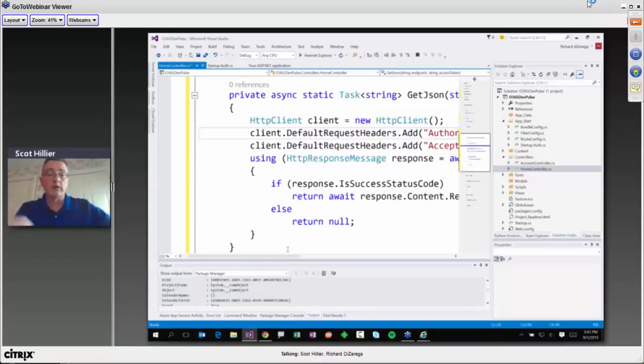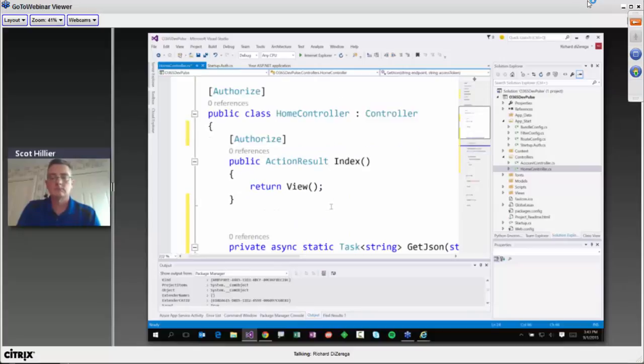So the big question here is: that token is given to us by Azure Active Directory, right? Bingo, there you go. So the big thing that's missing here is how in the world do we get that token? Making a REST call is pretty easy, but how do we actually get a token?